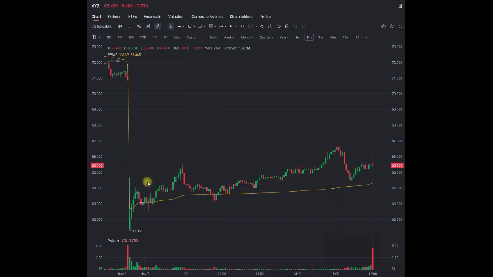But the idea here is that we want to be consistent. So we want to short weakness and we want to buy strength. So this one does not apply basically to our strategy. Let's go to another example, and then let's move to the long plays. Let's see